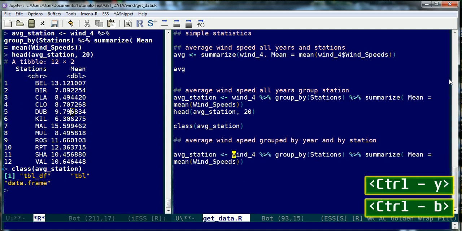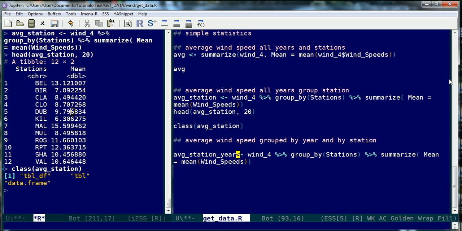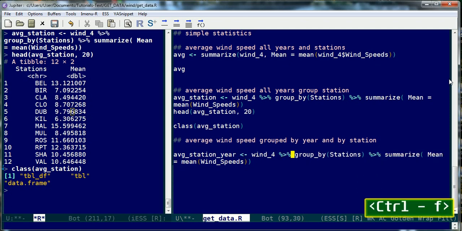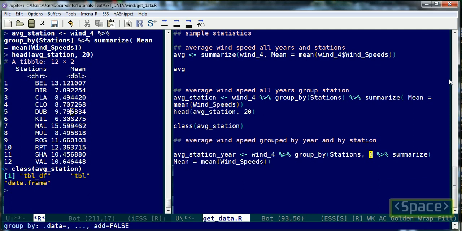We can use the piping operator. We can name it year, and we can name it station. We can see that we're going to put wind 4 in, and now we have to do something a little bit different. We're going to group by station, and then we're going to make a new year column. You can make a new column when you do group by, and what we don't have is years. We actually have dates now. So because we have dates and not years, we want to make a column called year,